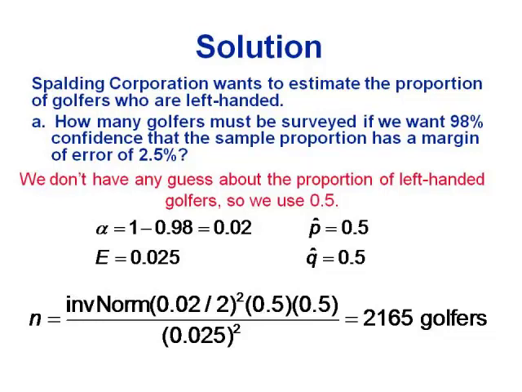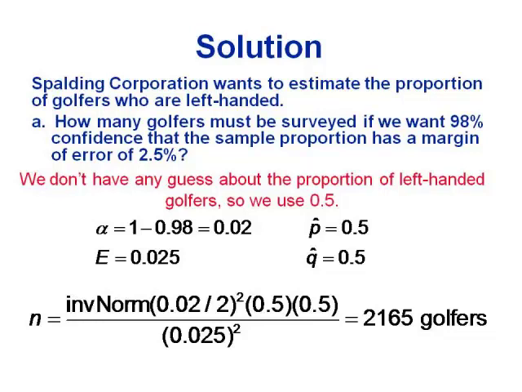So I'll have a calculator video that walks you through entering this into your calculator, but you're going to go into the distribution menu, get inverse norm, put this information in, make sure you get the second powers in the right spots. And then it's going to be a decimal, you're going to round up to 2165. So in this case, they would need to interview